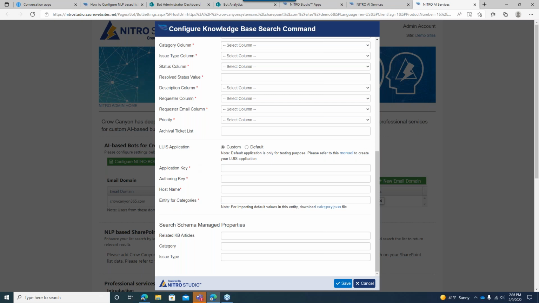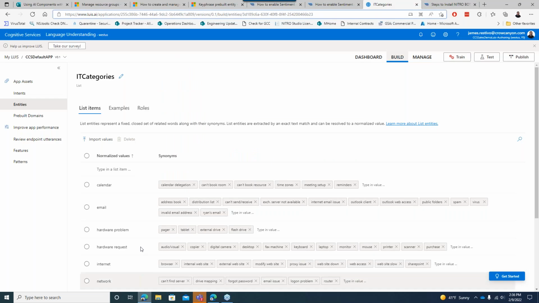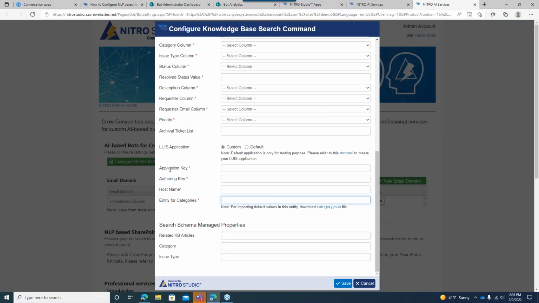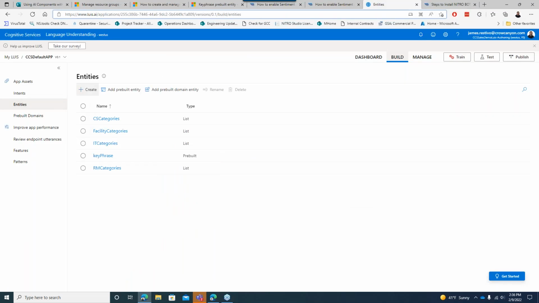So once you create it, you come back over here and enter that entity for categories, in which case we're going to be looking at IT categories. That's what we would enter into that field there. For the rest of it, application key, authoring key, let me jump over to the Sway,